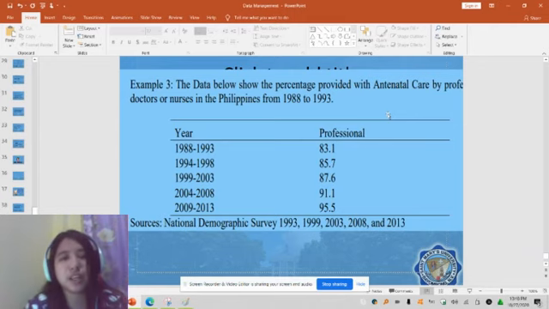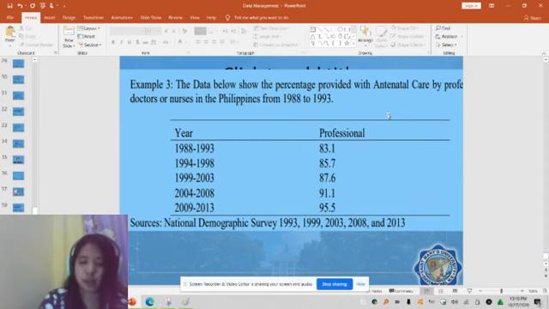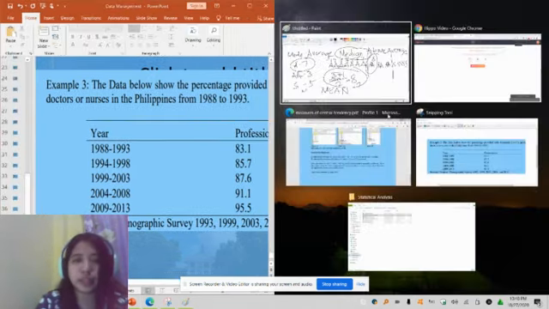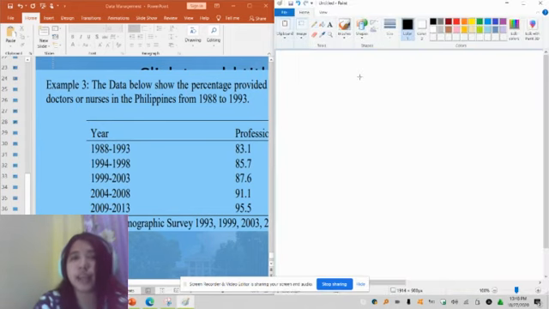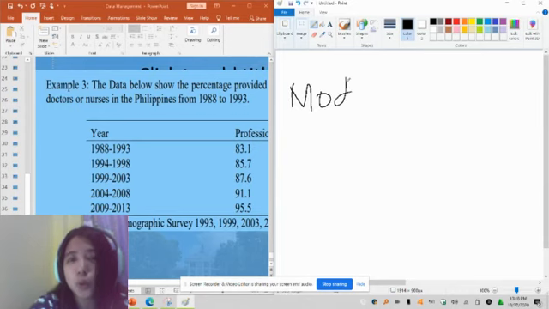So it's actually 1988, 1993, 1994, 1998 until 2009 to 2013. Okay, so how will we deal with this data? Let us first identify if we have a value for the mode. Do we have a mode? So the number of percentage